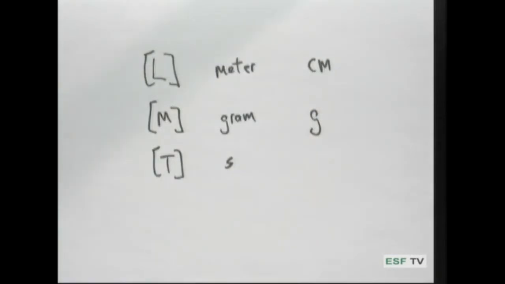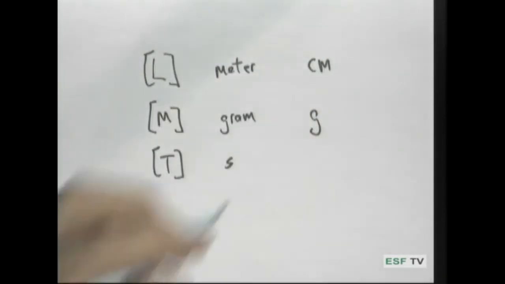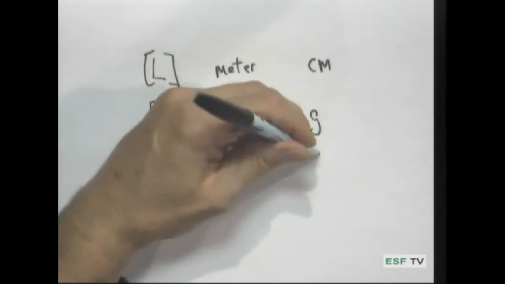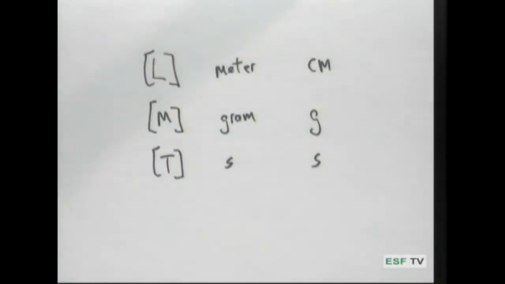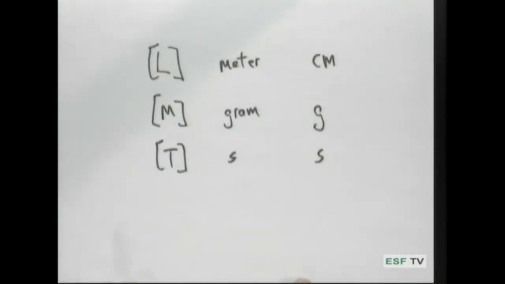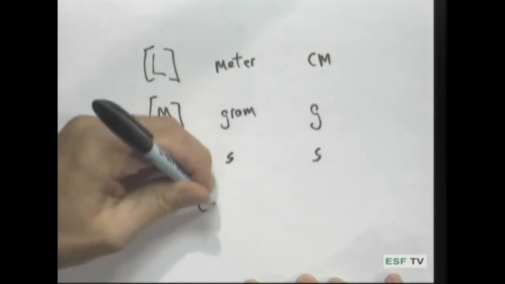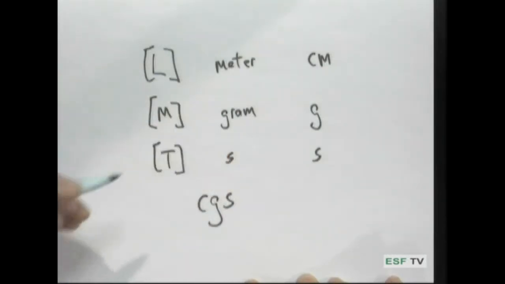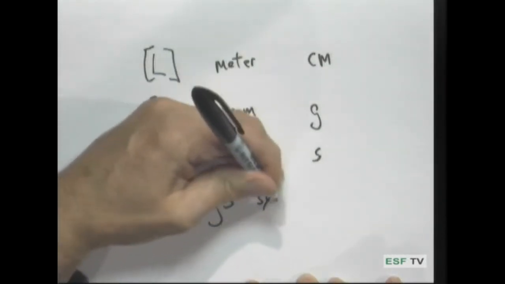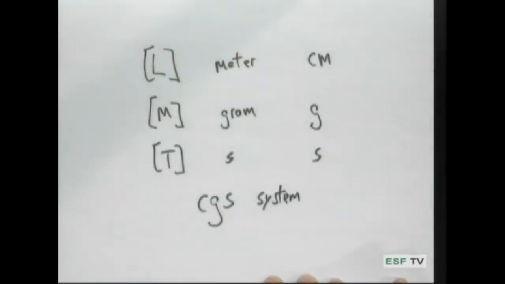The gram stayed as the unit of mass. That was also a convenient unit to use. And the second stayed as the unit of time. And this led to the first traditional quantification of units in the metric system, the so-called CGS system. And CGS simply refers to centimeters, grams, seconds, the units of the fundamental mechanical properties of matter, length, mass, and